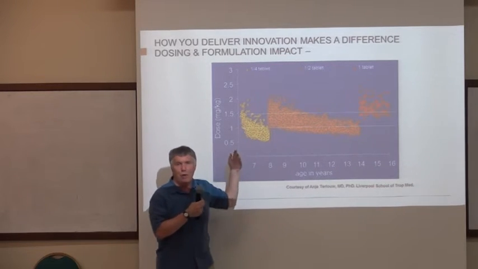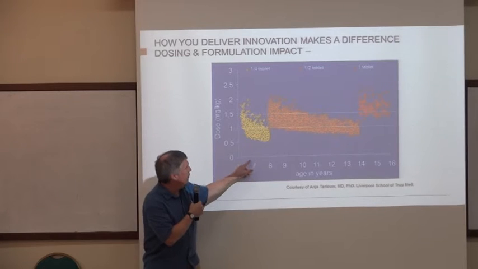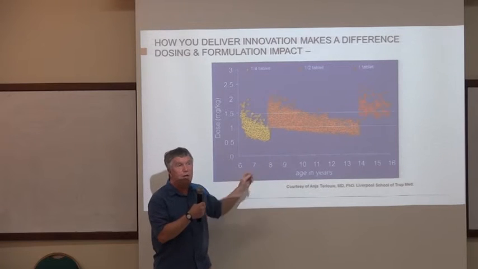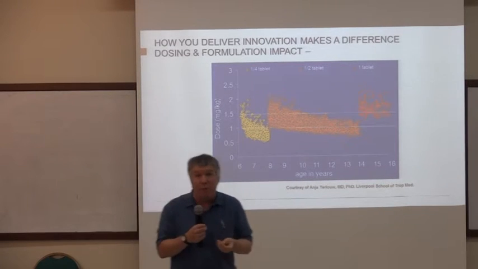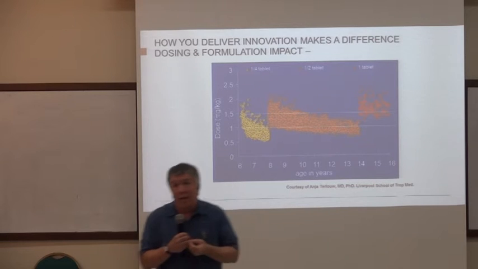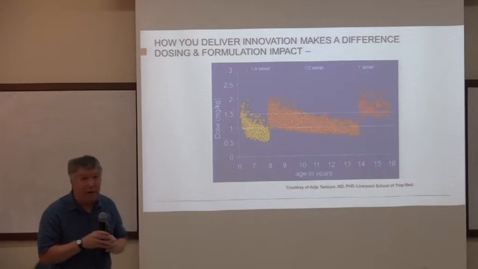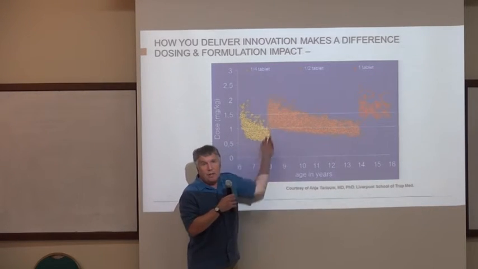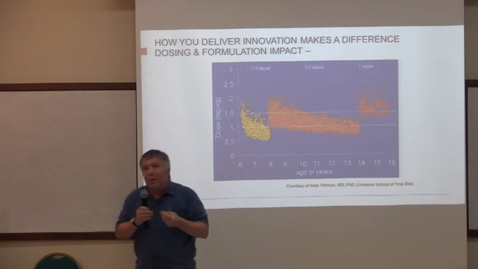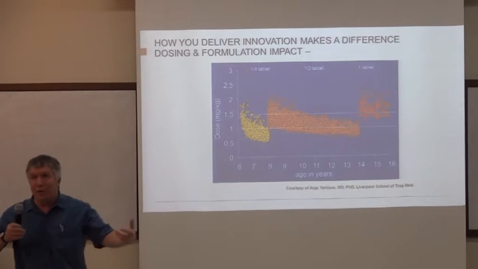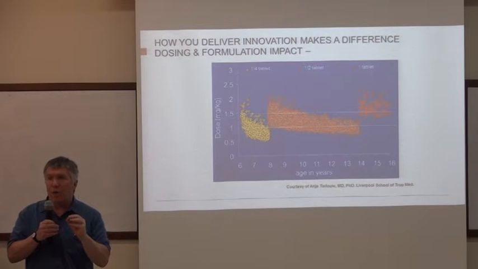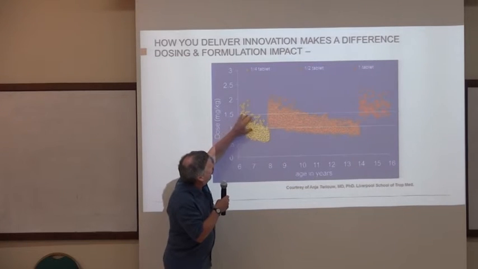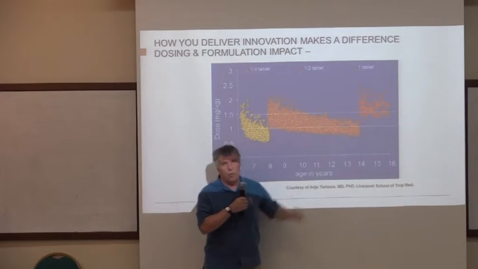And what you generally see is, if you're on that transition, let's suppose we say, okay, if you're up to 7 years of age, you get a quarter of a tablet, and then all of a sudden when you become 8, so on the day before your 8th birthday, you get a quarter of a tablet, and the day after your 8th birthday, you get a half a tablet. So what happens? You go from being low exposed to being high exposed. And part of it is, we just can't make enough size tablets for all the different kids in the world. So we try to optimize the formulation in a scenario that brings all of these dots as best as possible into this white target line.